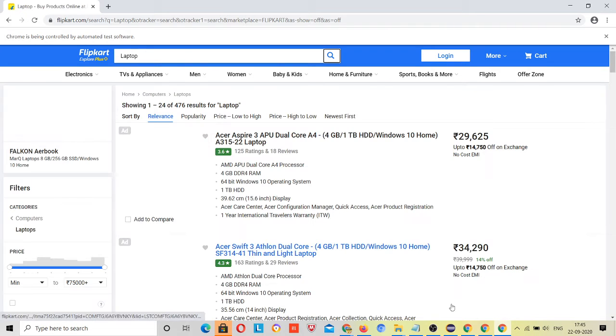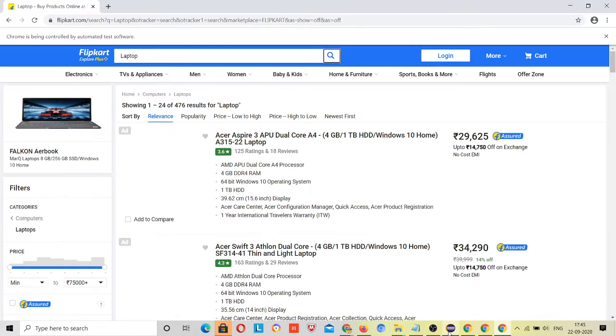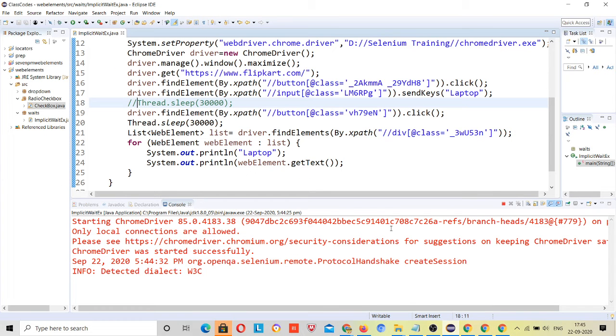It clicked on the button, waits for 30 seconds, and then data will be loaded. It waits for that time frame that I have given.